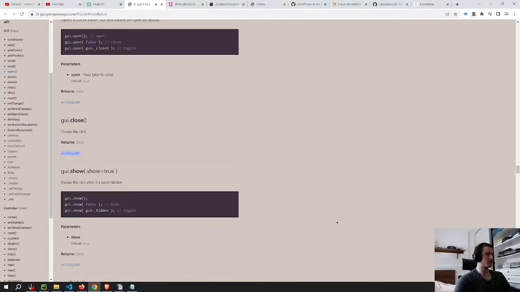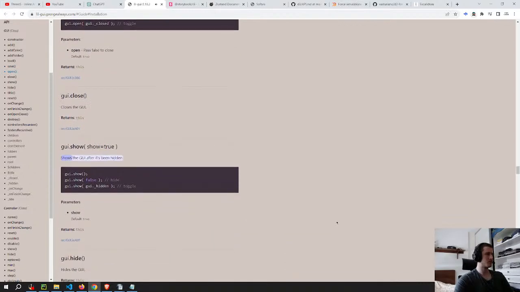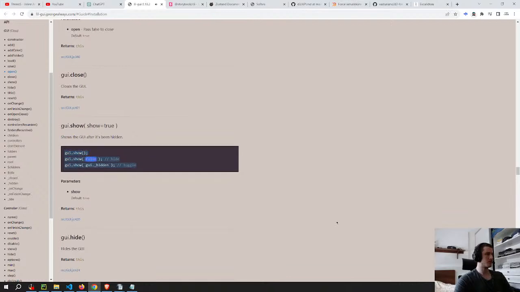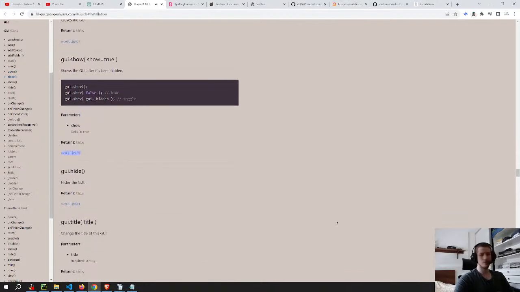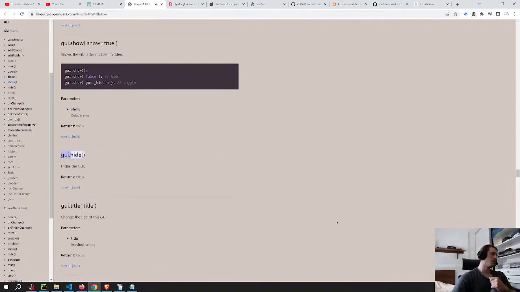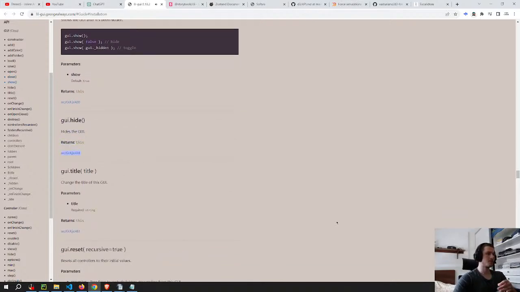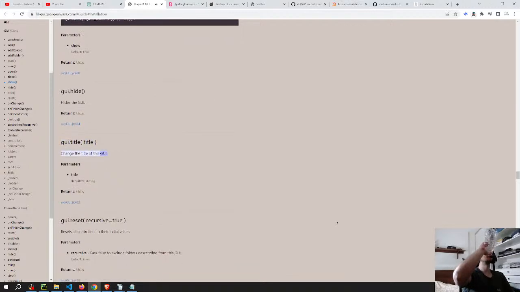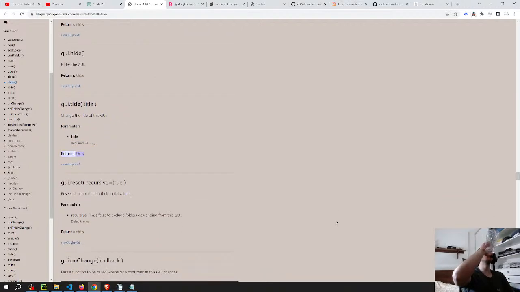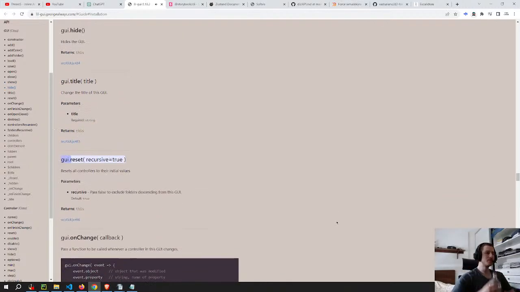Returns this. src/GUI.js:401. GUI.show(show = true) shows the GUI after it's been hidden. gui.show(false); // hide. gui.show(gui._hidden); // toggle. Parameters: show, default true. Returns this. src/GUI.js:420. GUI.hide() hides the GUI. Returns this. src/GUI.js:434. GUI.title() changes the title of this GUI. Parameters: title, required, string. Returns this. src/GUI.js:483. GUI.reset(recursive = true)